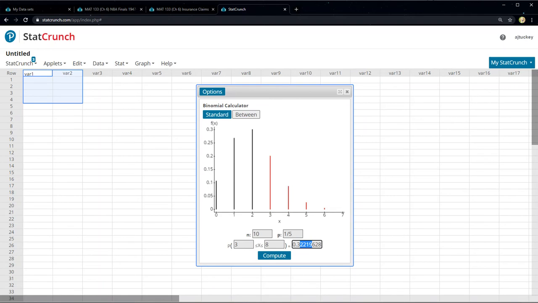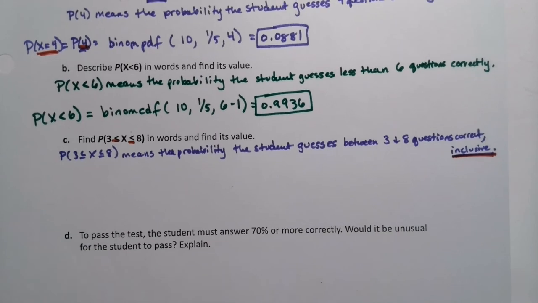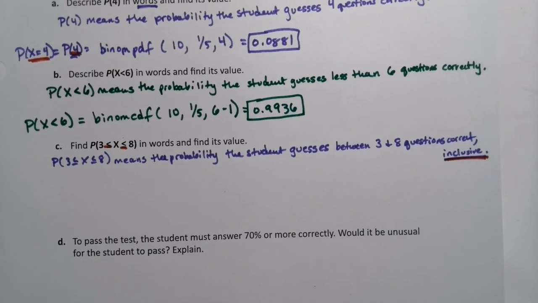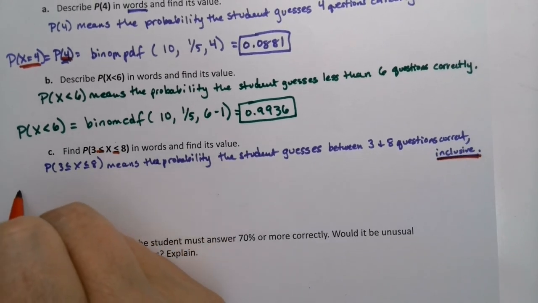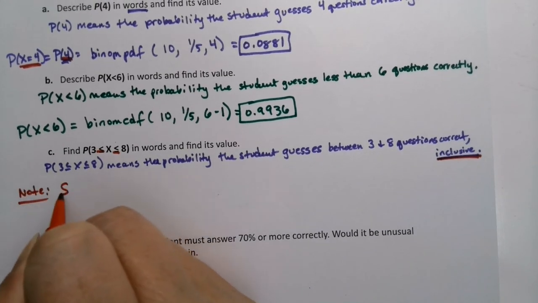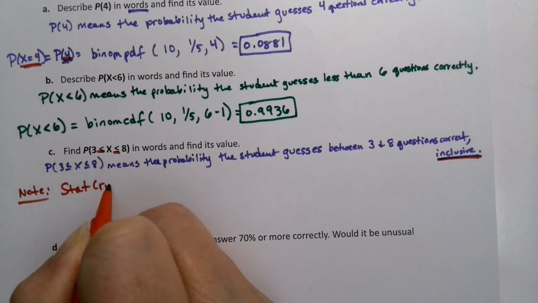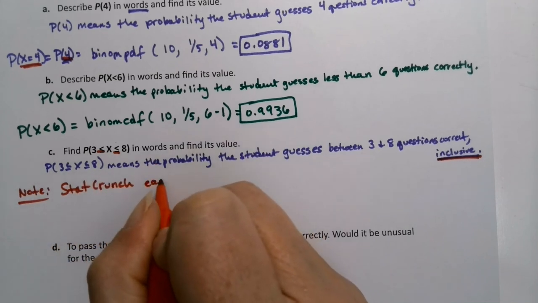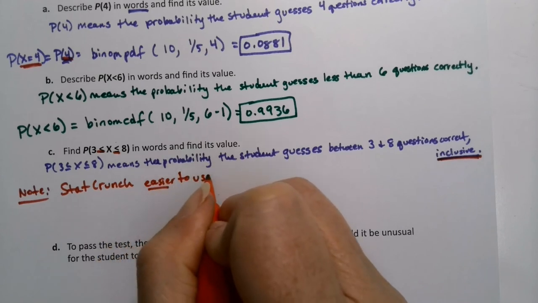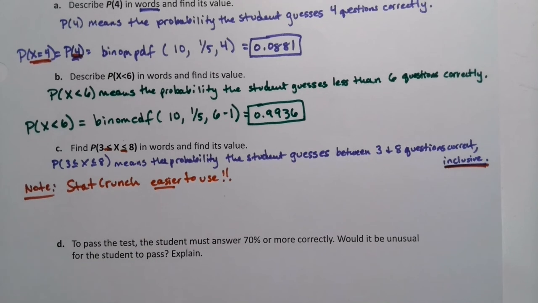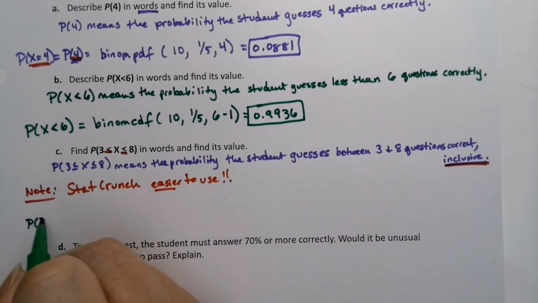Now, how do we do this on the calculator? Well, the problem is the calculator always adds from 0 all the way up. So what you do is you take a binomcdf for the top number. This is going to be harder. Again, StatCrunch, you can make a note. StatCrunch is easy for this problem. And feel free to use it if your instructor allows you to, which they should. All right, but if you want to know how to do it in the calculator, what you do